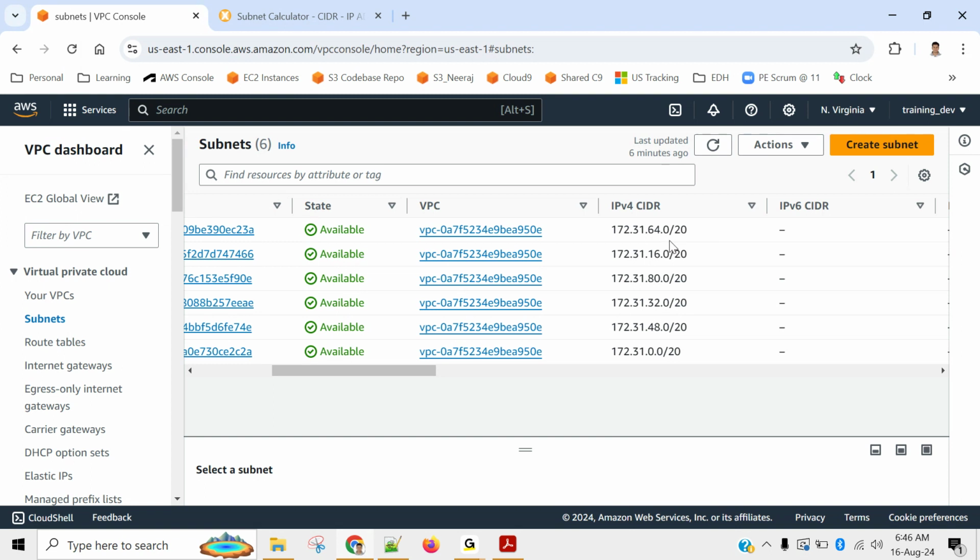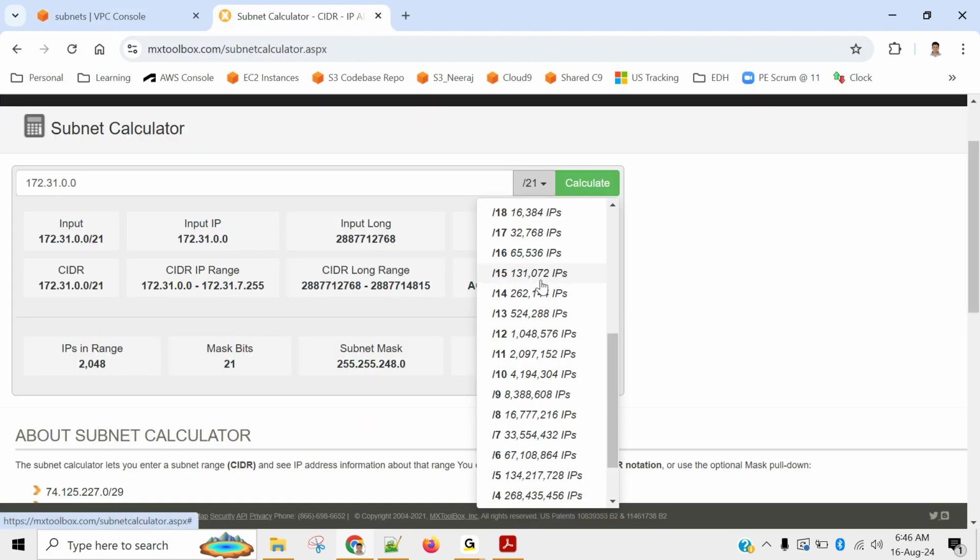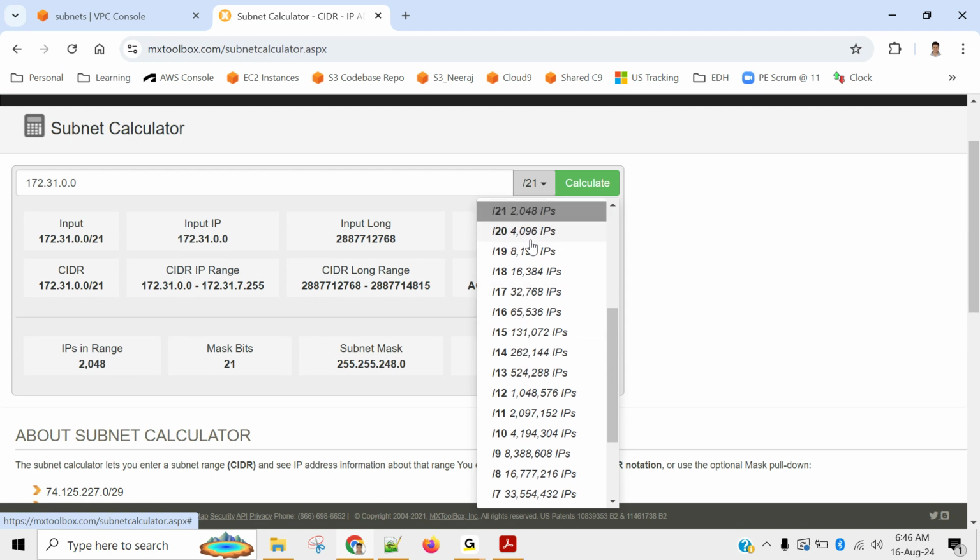Let's check how many IP addresses there are for 20. I will check this out. 20, right? You see that it's 4096 IPs. That means every subnet is having